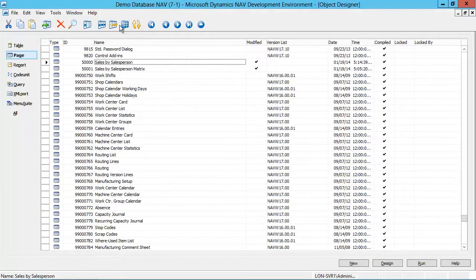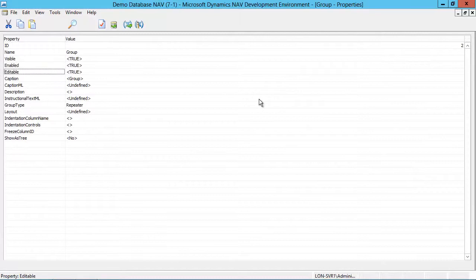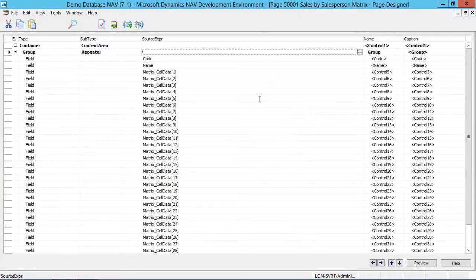There are two ways how you can do that. First one is obviously to set editable to false on each of the columns, but a better way is to simply set the editable to false on the repeater itself. So I'm setting editable to false to prevent any kind of changes made by user during the viewing of the matrix page. And then finally, what I want to do is enable drill down on each of the matrix cell data